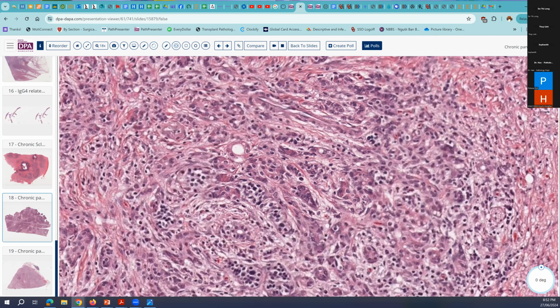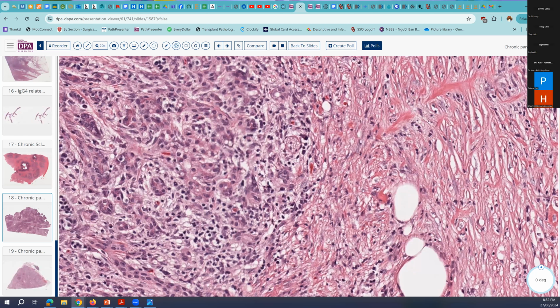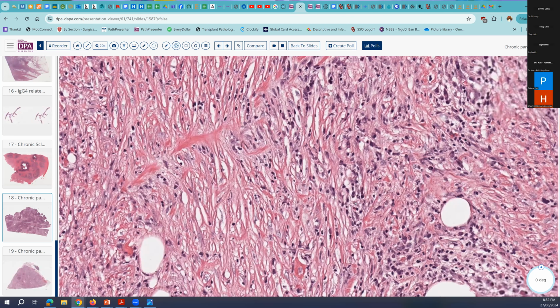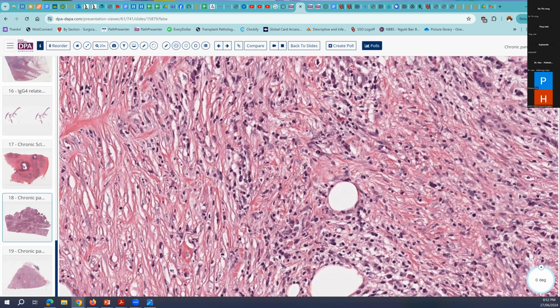Well, you're going to say, where are the eosinophils? And they're here. There's a few of them here, not as prominent, not as well stained as in the other cases, and variable amounts of plasma cells, not quite as prominent as in that earlier lesion, but you can see there certainly are